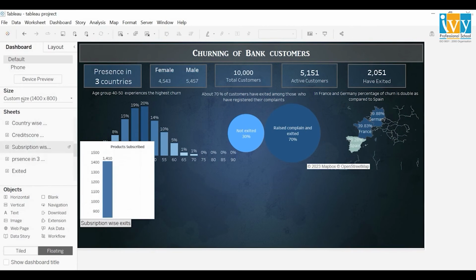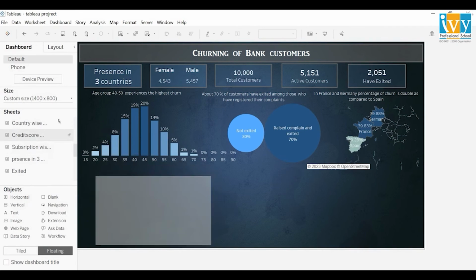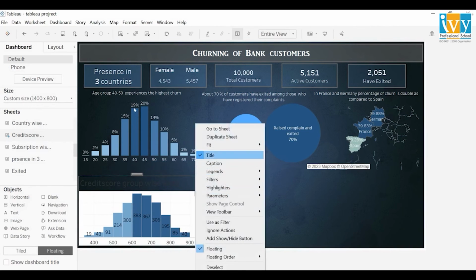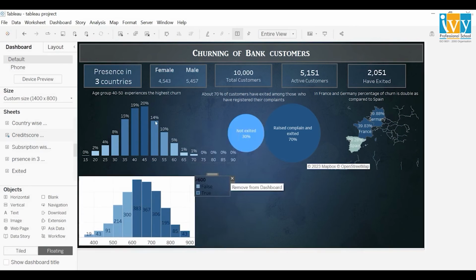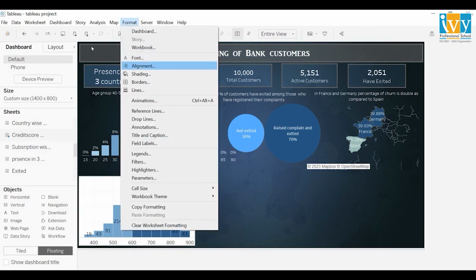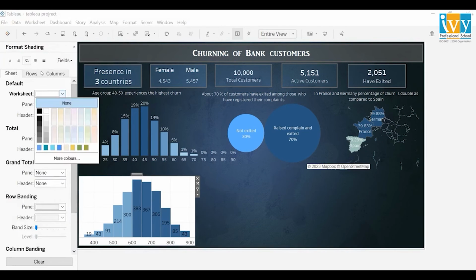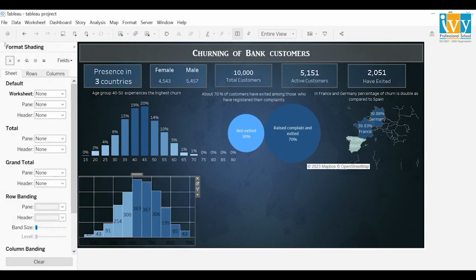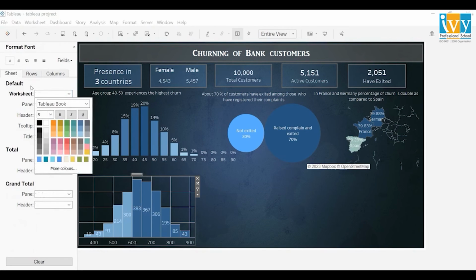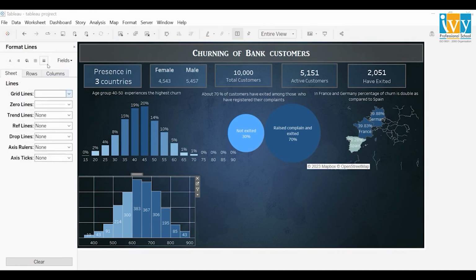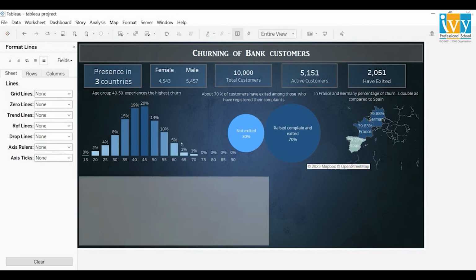Now I will drag and drop the fourth visual which shows credit score group wise number of exits. I will remove the title and the legends. I will click on Format, Shading. I will select None. The font color will be white and the font size will be 8. I will remove the grid lines and the 0 lines. I will drag it towards the right